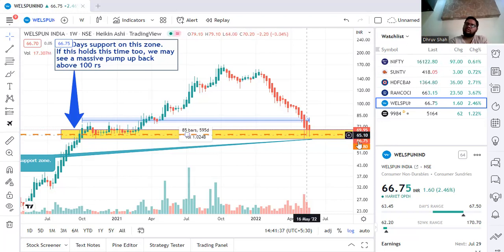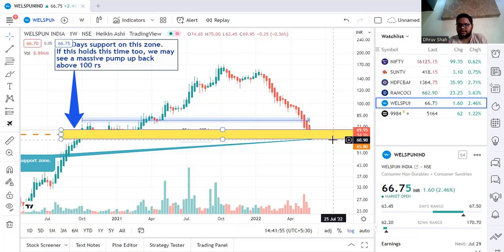So it should close below 61.50 on a weekly basis. If it closes, you should book that 10% loss and exit from the trade. But if you are a long-term investor, if it breaks 61.50, what you have to do is